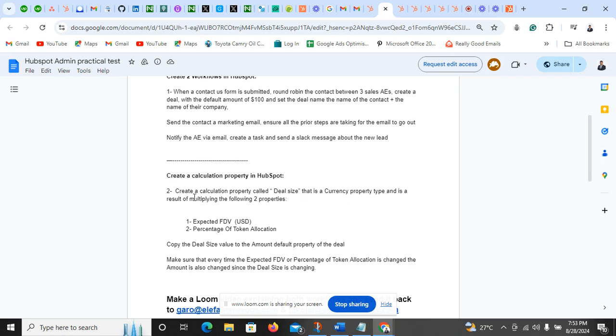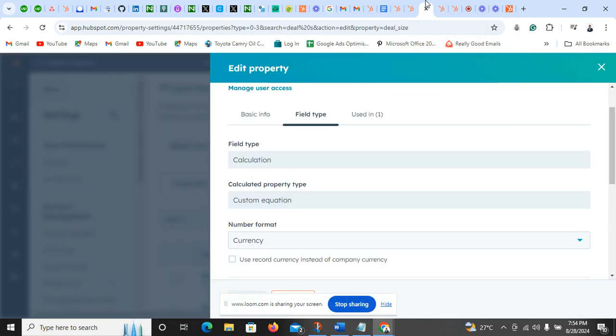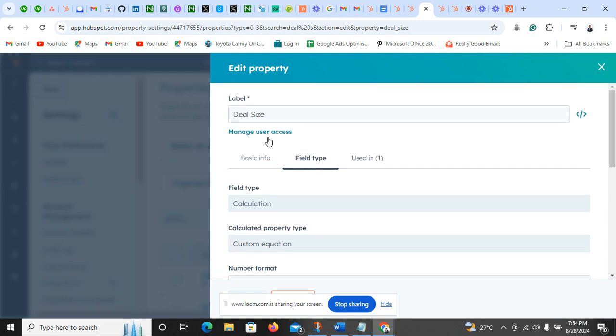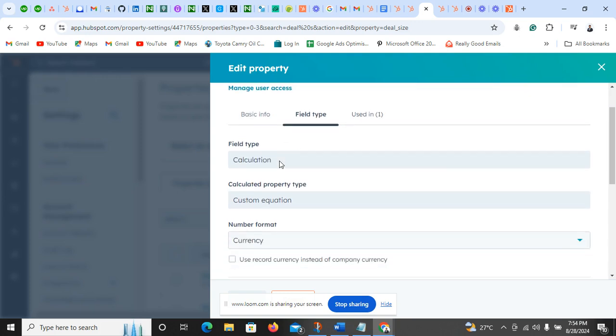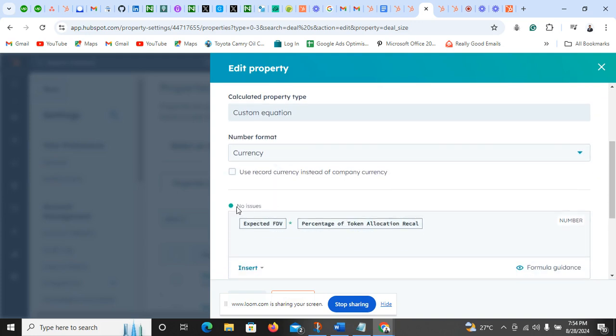It says create a calculation property called deal size that is a currency property type and is a result of multiplying the following two properties. So this, the deal size calculation property, this is what it looks like, and then for the custom calculation, I multiplied the expected FDV by the percentage